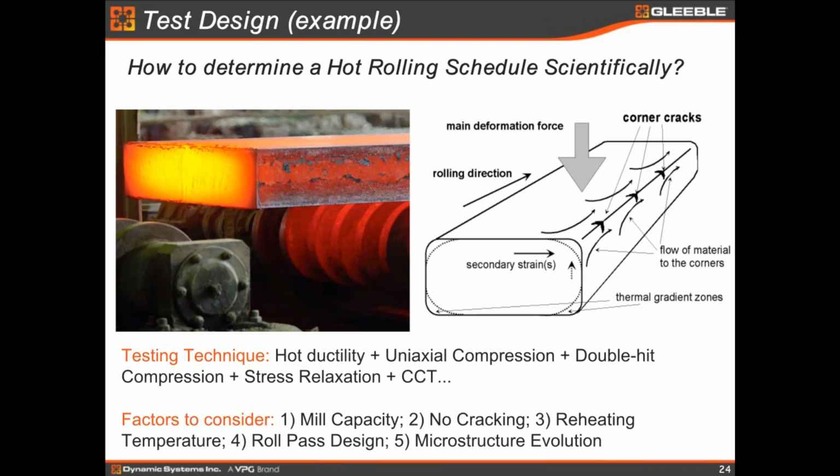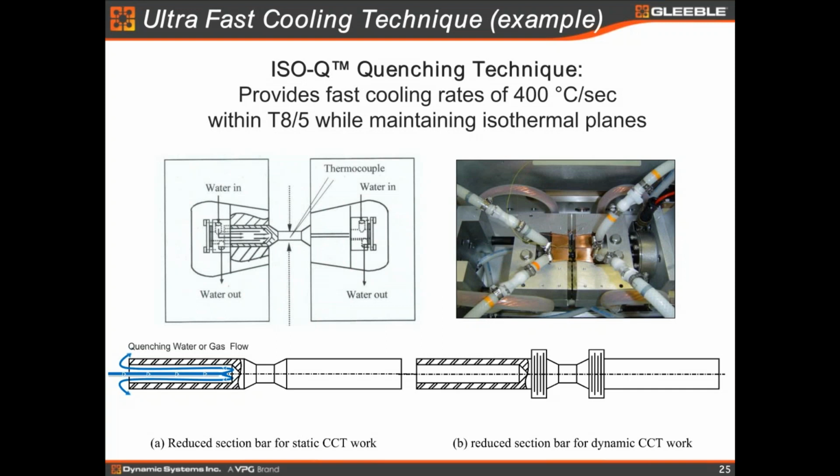Okay, and then I want to talk about IsoCube, because IsoCube is such a powerful tool to achieve the ultra fast cooling. Because now in steel rolling process, ultra fast cooling is really the new technique. Everybody is trying to use it because they want to control multi-phase microstructure with a good combination of ductility and strength. And without IsoCube, you cannot do this kind of testing. So then with that,